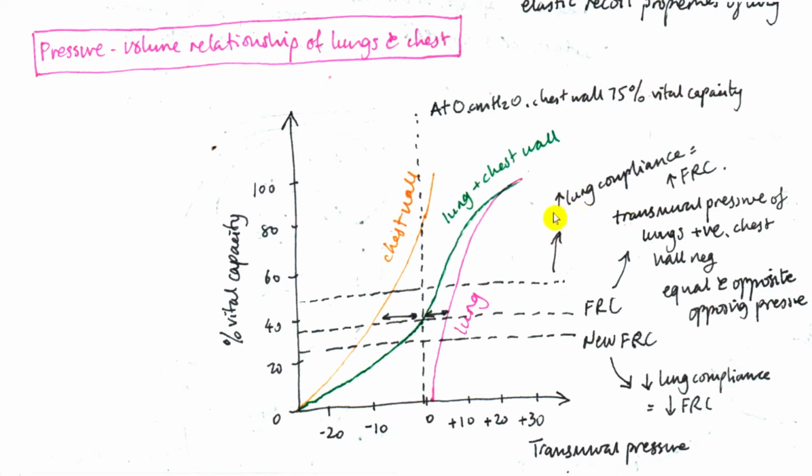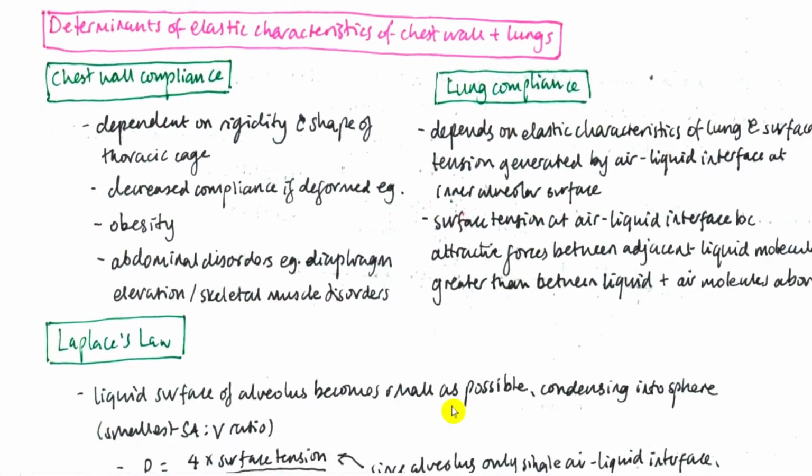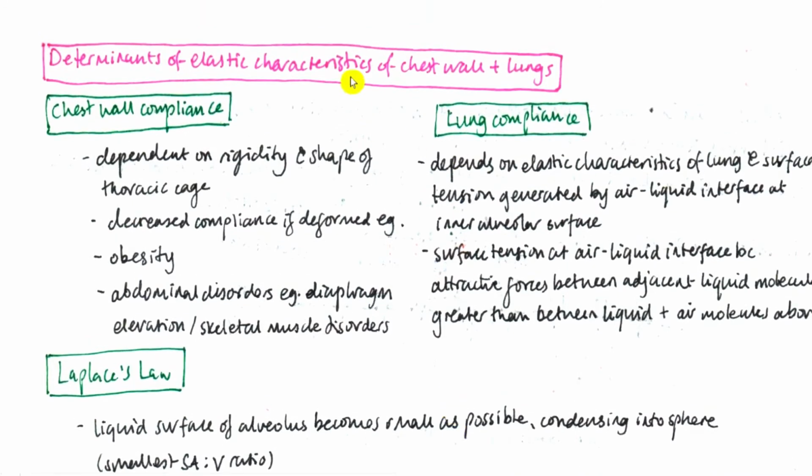If something makes your functional residual capacity increase, then the lung compliance will be increased as well. Now, the determinants of the characteristics of the chest wall and the lungs. So what determines chest wall compliance is dependent on the rigidity and the shape of the thoracic cage. Decreased compliance if it's deformed, for example in obesity, or in abdominal disorders, for example diaphragm elevation and skeletal muscle